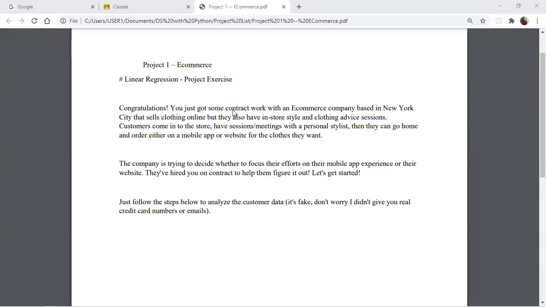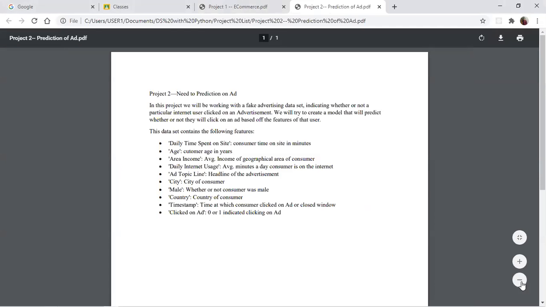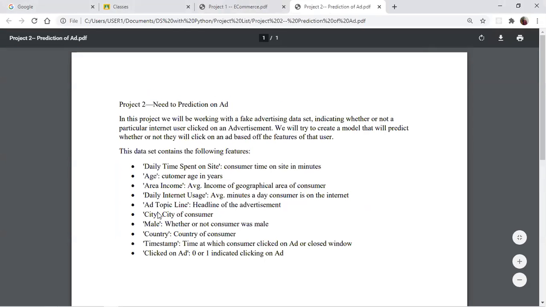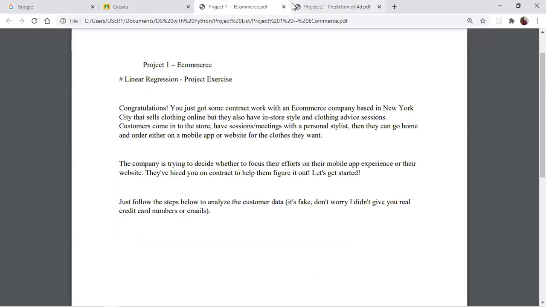And then this prediction of ad is another project. I will upload the problem description, the data set description and the data set now. So these 2 projects you need to do this weekend, and you need to submit them.